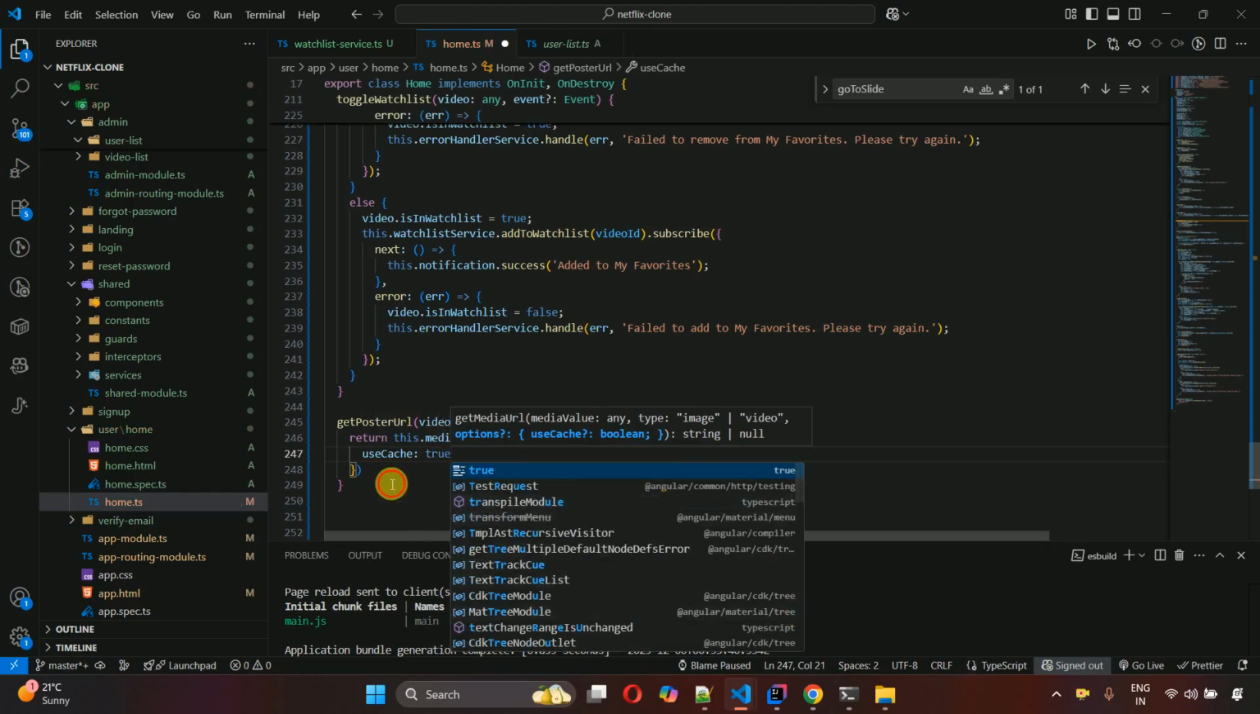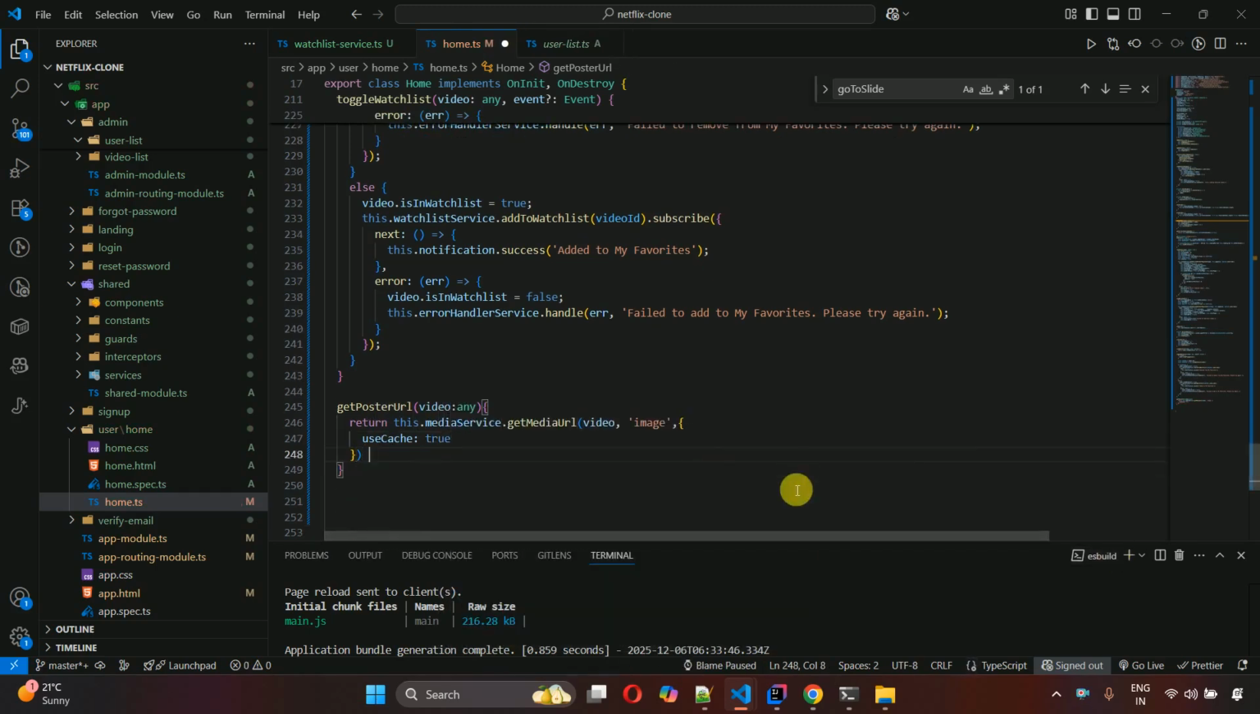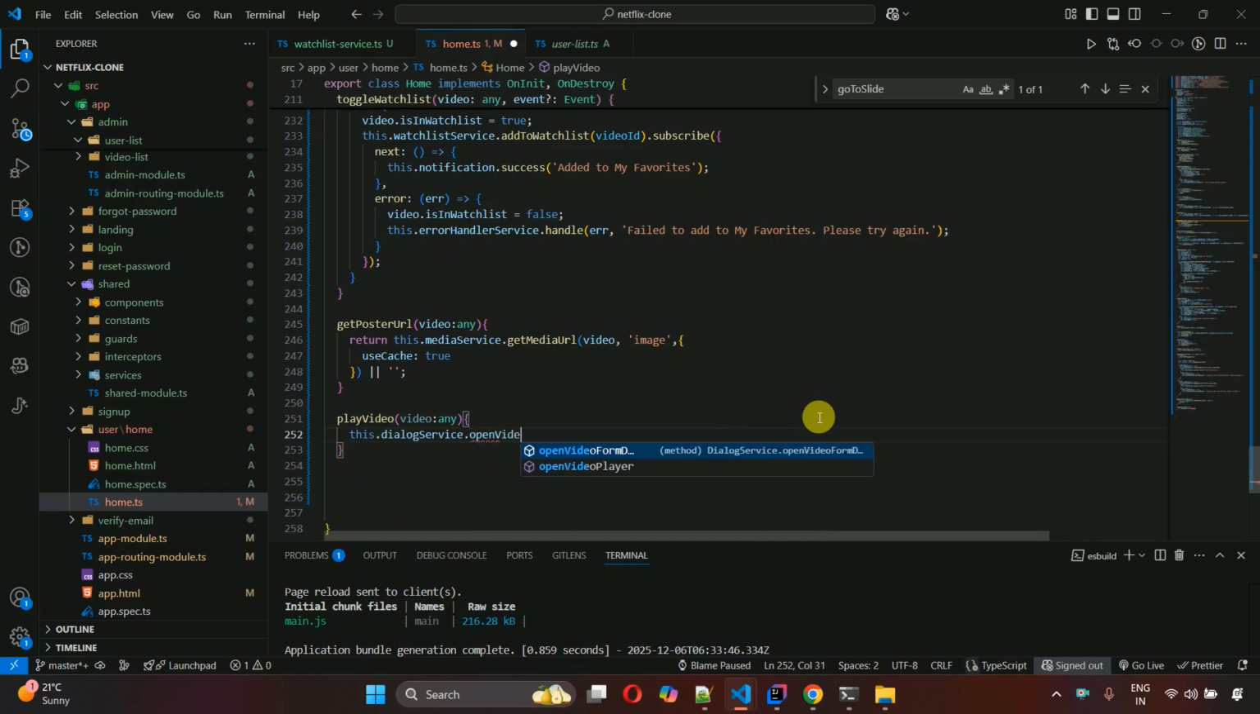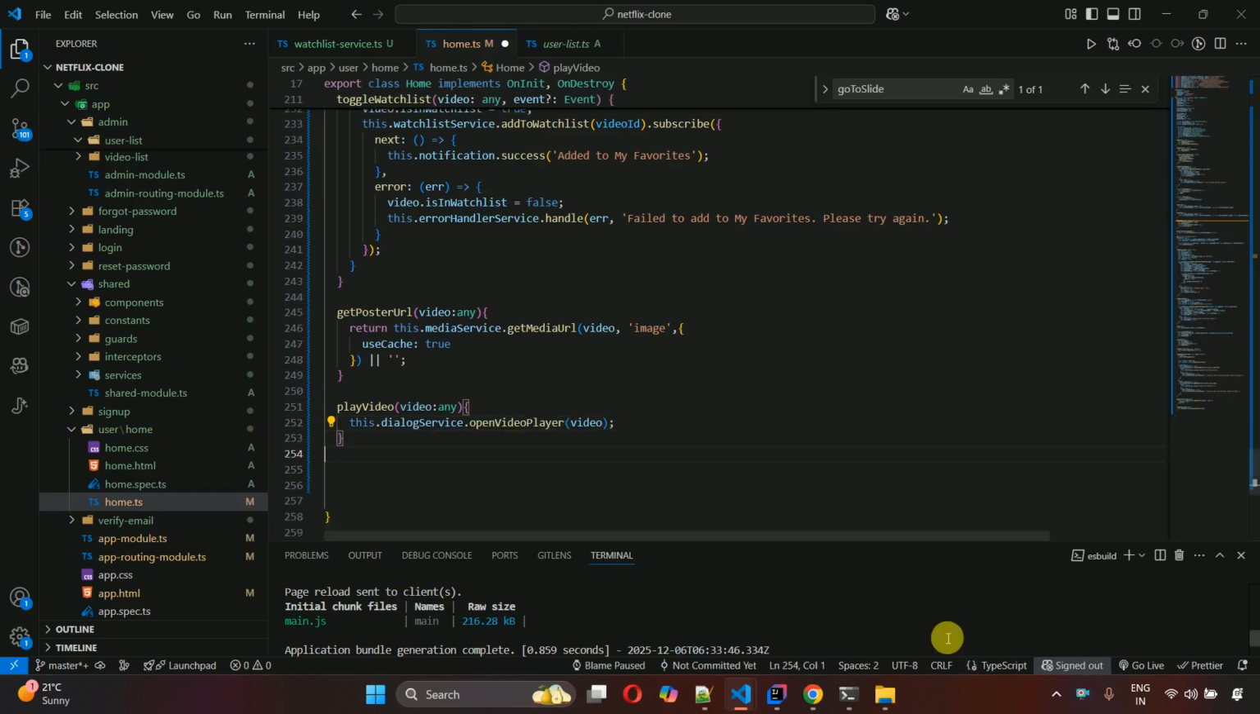And after this we are going to pass the blank one, which is not something, and after that the next method, which is play video. So play video, and then video dot any, and this dot dialog services dot open video player we have, right? So we have to call that method, so open the video player, so copy like this, and then the last method, which is format